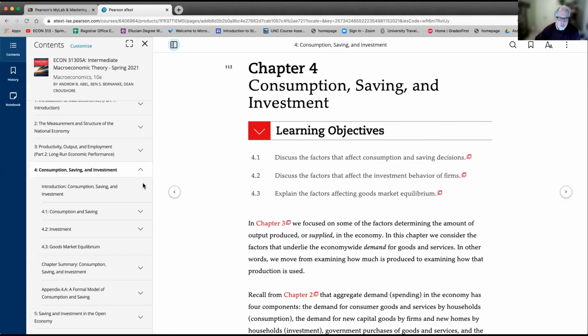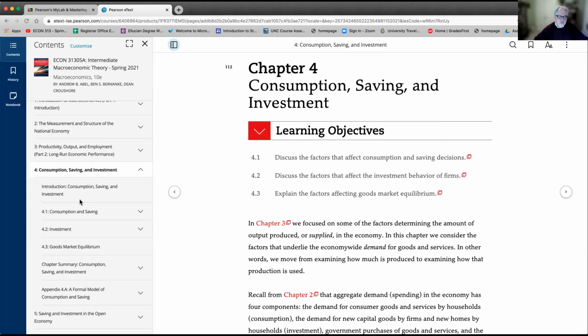Textbook. So what you see in the textbook, right, is in the table of contents for chapter 4. There are 3 sections in this chapter. You can look at the appendix. It's not required, but it brings it together algebraically. If that's something that you find helpful, you can do that. But it's an algebraic representation, really, along with some additional microeconomic theory, explaining what's going on in these other